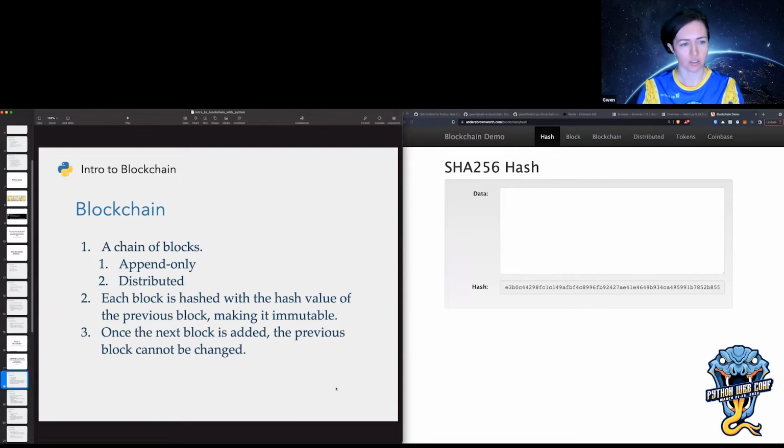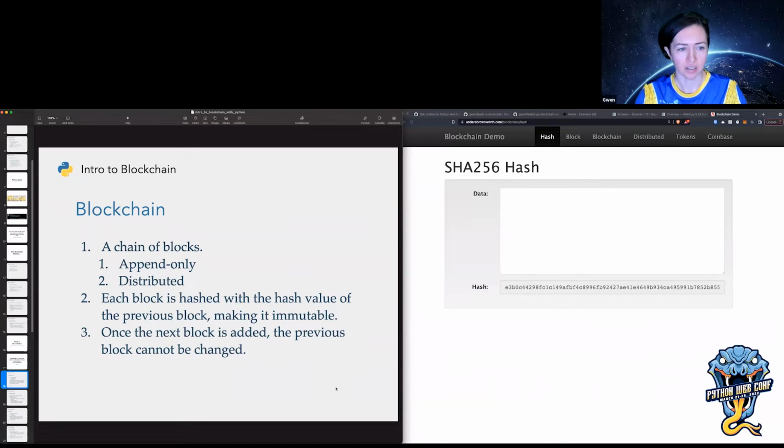I think all of these terms are helpful for understanding it, because it seems like kind of an abstract concept. A few characteristics of a blockchain are that it is append-only and that it's implemented in a distributed fashion. Everybody runs this software to participate in the blockchain, everybody all around the world.